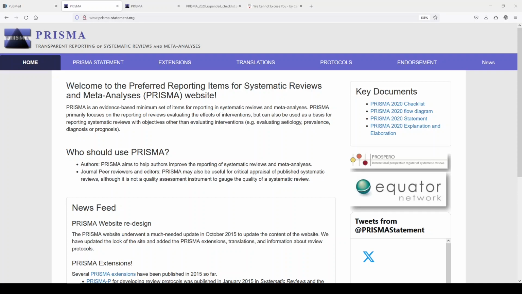So let's look at PRISMA and how people talk about it in their review and what is appropriate for citing the PRISMA statement. The PRISMA statement is the Preferred Reporting Items for Systematic Reviews and Meta-Analyses. I have a lot of other videos on different parts of PRISMA: the extensions, PRISMA-S for search, there's a PRISMA Protocol extension, there's a PRISMA flow diagram. You've probably seen it. So you'll find it all on this website,